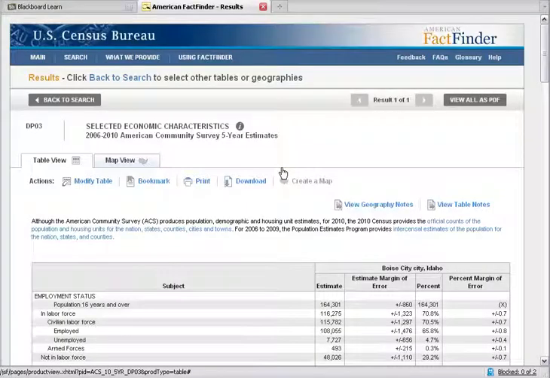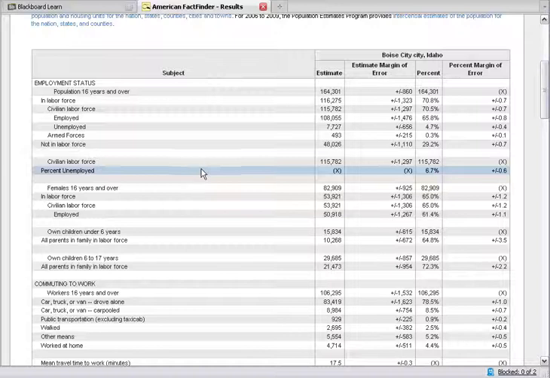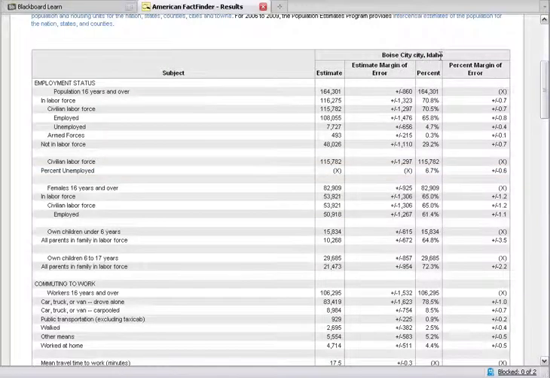The Census American FactFinder website is really finicky. It crashes a lot, it freezes up a lot. So please make sure you set aside a good 30 or 40 minutes at least to collect this data and finesse this website, because it can be, as I say, a little finicky. So you'll notice now that we opened up this table, and this is for the Boise City for Idaho,